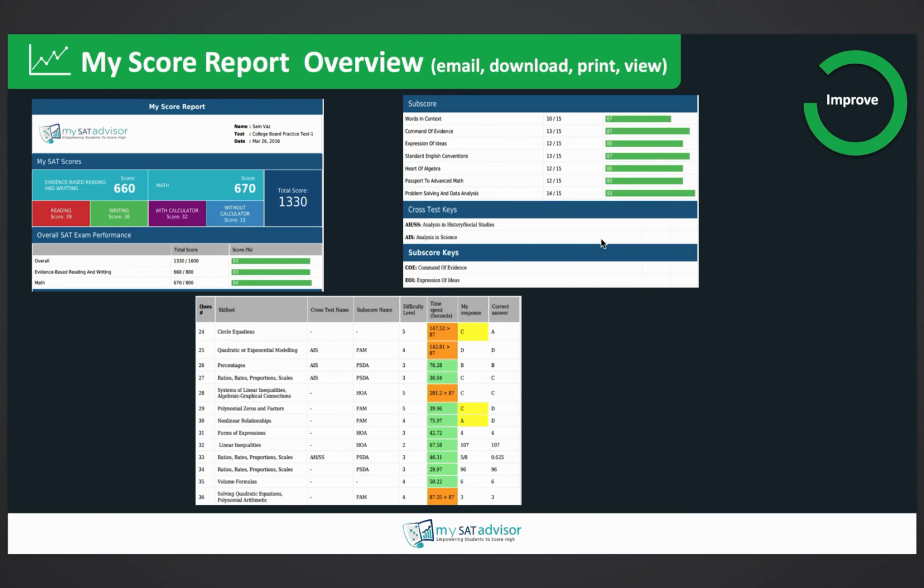So as we see in the bottom picture, I'd just like to highlight, a lot of the questions that are marked in orange, as in, taking longer than average, are technically answered correctly. So, you have to think if the student was in a regular paper and pencil format, they wouldn't know that they were taking longer than average on those questions. They would just know that I got the question right and move on. But this software is providing a very key piece of insight related to timeliness that the student would completely miss out on in any other format.